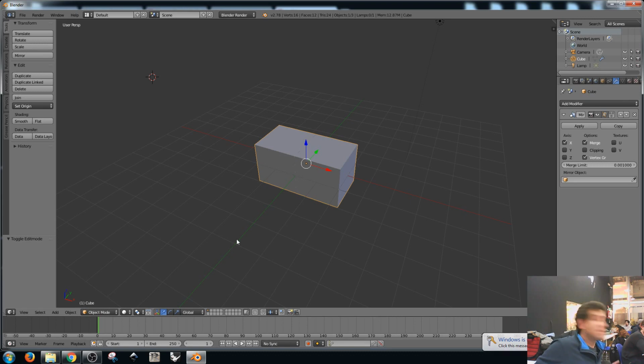Maybe as an assignment, you can try to replicate a simple shape of a human, and we can check it in the next session. Okay, so